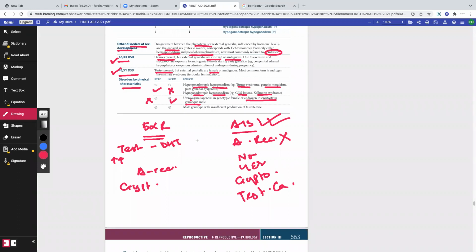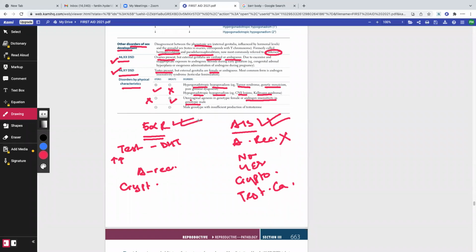Okay. You have another female who has been coming to your clinic for the last 3 years, right? So for the last 3 years, this patient of yours has had primary amenorrhea. Now, all of a sudden, this patient comes to you with virilization. The patient started coming to you at the age of 13. Now, at the age of 16, the patient is having virilization, growth of the glans clitoris, which is now forming into a glans penis. She also has voice deepening. She also has a little bit of shoulder widening. What is your most probable diagnosis for this patient? 5 alpha reductase deficiency. 5 alpha reductase deficiency.